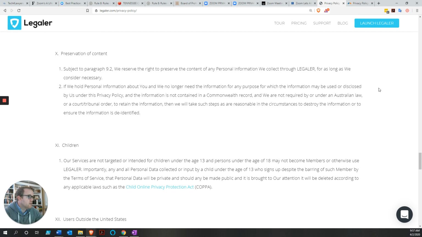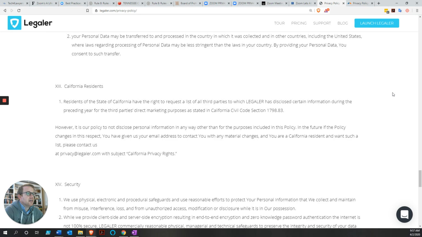So, this red flag kind of raised and then brought down a little bit, because they do such a great job of helping your client understand how to keep this from happening, as opposed to Zoom's privacy policy, which seems to be kind of speaking out of both sides of its mouth and not really talking about how they keep the content. As for preservation of the content, they are going to keep this content preserved for a particular amount of time, as long as they consider necessary.